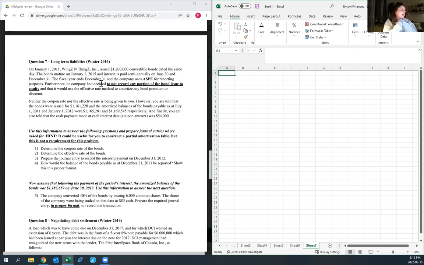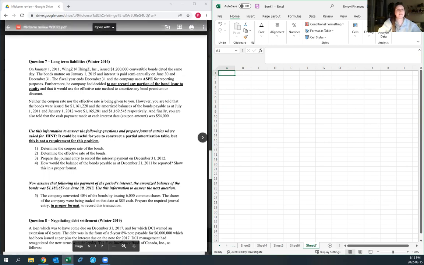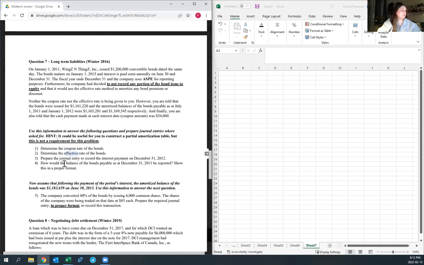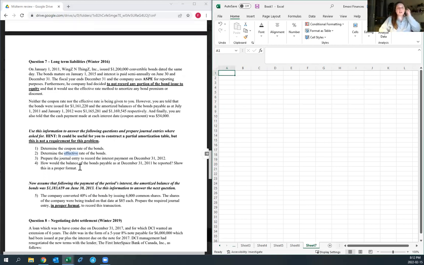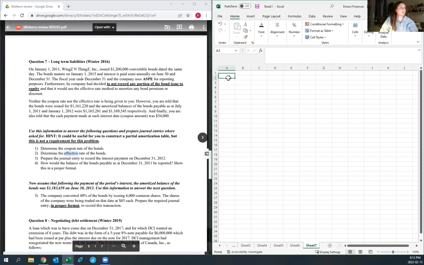They say that it could be useful for you to construct a partial amortization table, but that is not a requirement for this problem, but we're gonna do it because it makes your life a lot easier. And then we're gonna have to determine the coupon rate, the effective rate, and we're gonna find the shredder at the end. So I'm gonna construct first my amortization table. So here I'm gonna put the dates, the cash, the interest expense,